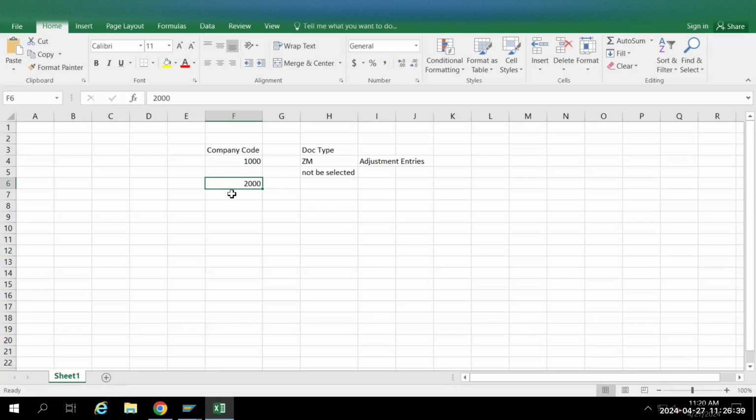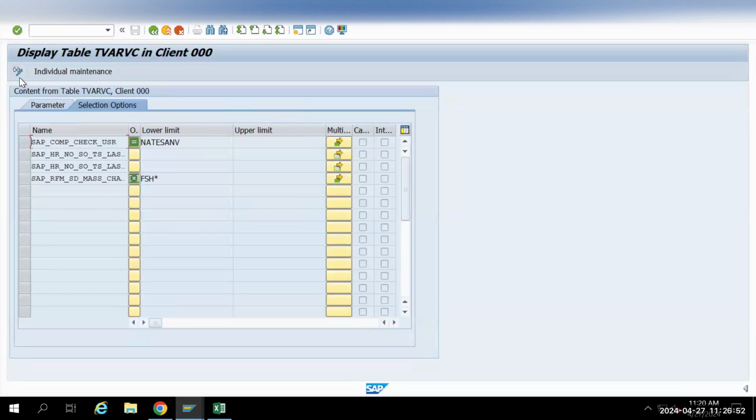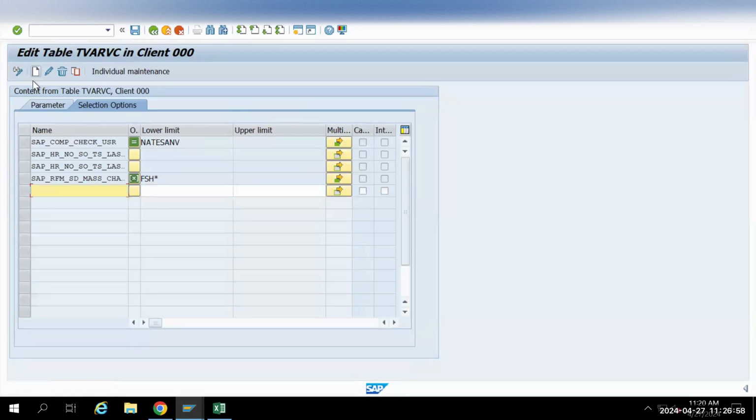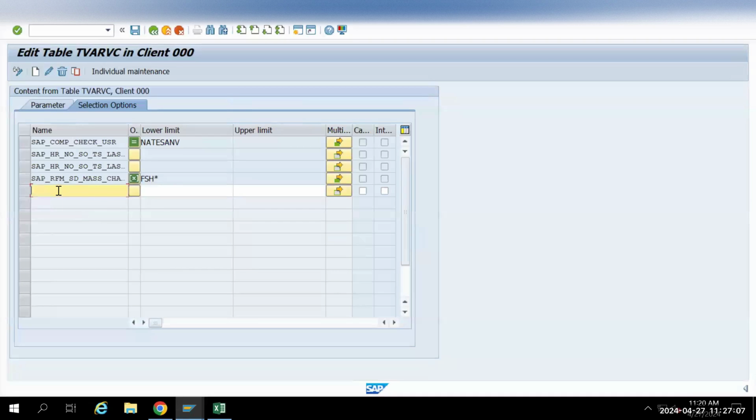So instead of that, what we can do is put these values in one table, so that the ABAPer will write the code to read from the table. Here, we have to give some naming convention. Just click on edit and create. So let's say not allowed doc types. I will say Z underscore